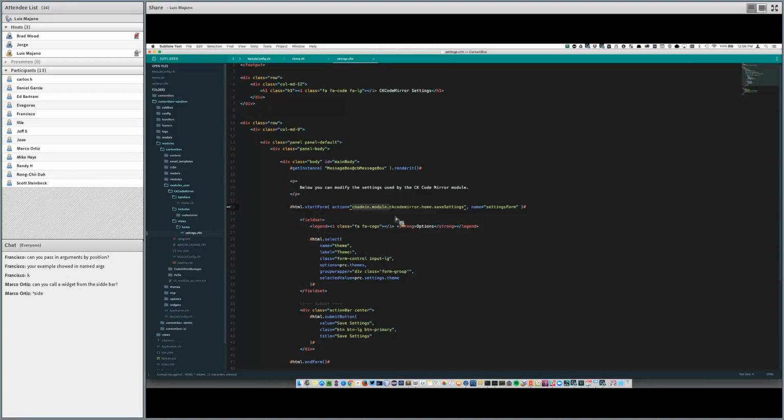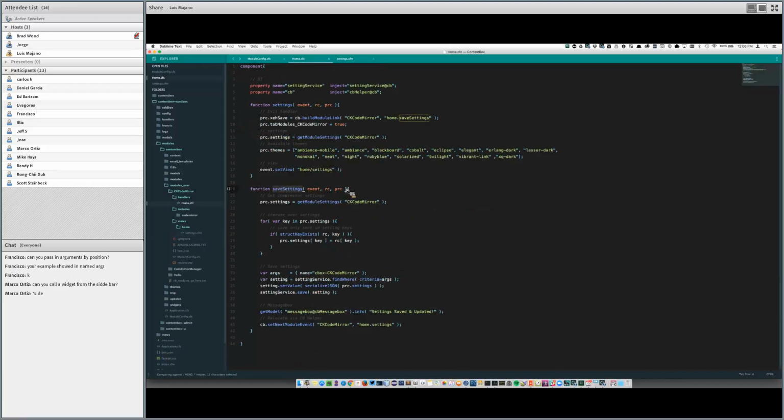You can see here inside of the home, there is settings, which is a traditional ContentBox module. You can see here I talk to the settings service, and I even injected the CBHelper. And I also have a save settings as well. And there is my view. Here's my settings view that you're seeing. Traditional ContentBox module. The only differences are a few things.